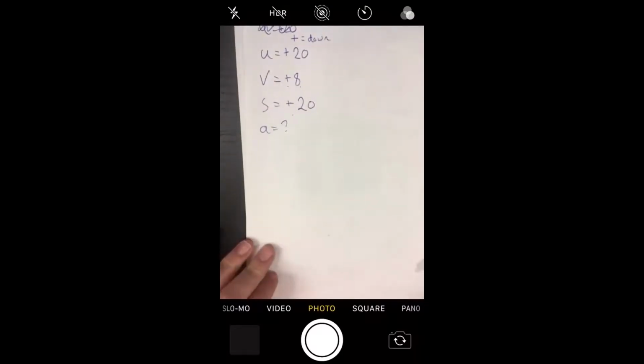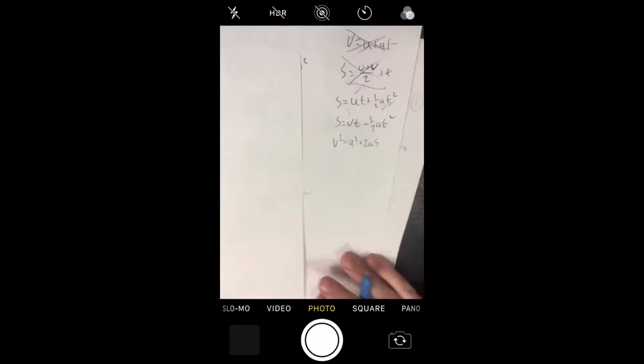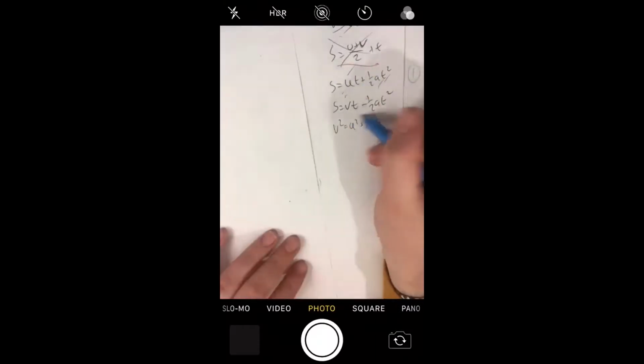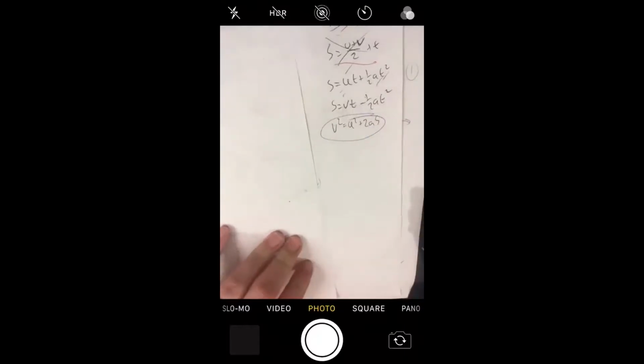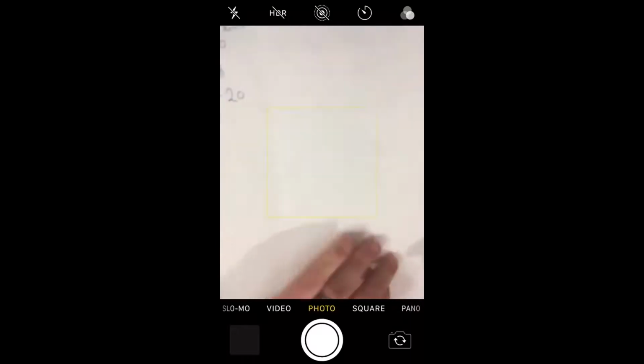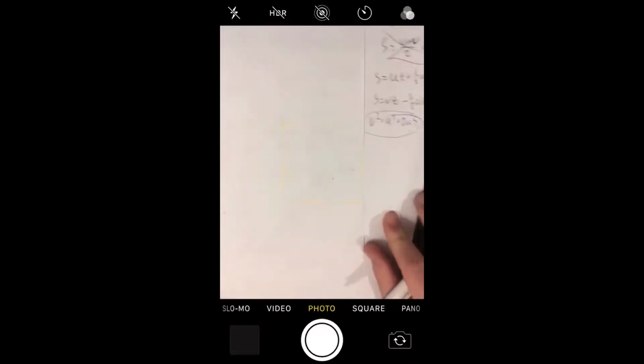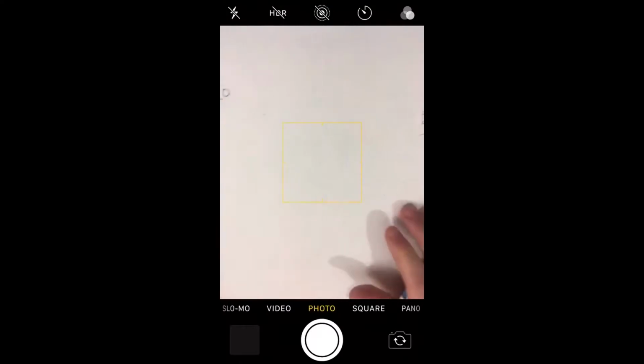Now, hopefully you looked at this and said, well, we don't have t. Which of our formulas doesn't have t? This one at the bottom. Hopefully you got that far in the short amount of time I gave you, but if not, that's okay. We're working through this together. So we've done step 1: we've got the information down. We've done step 2: we've chosen a formula. Next, step 3,